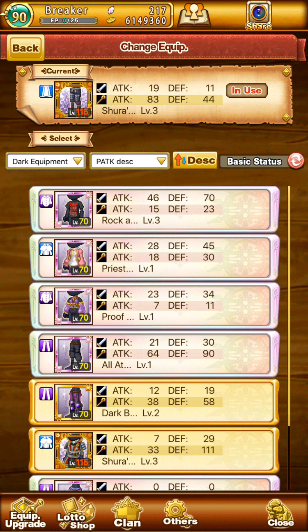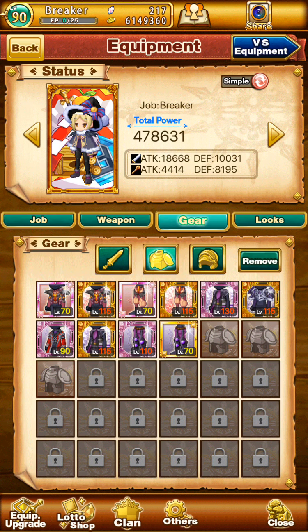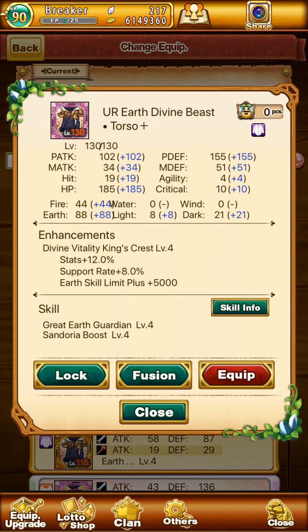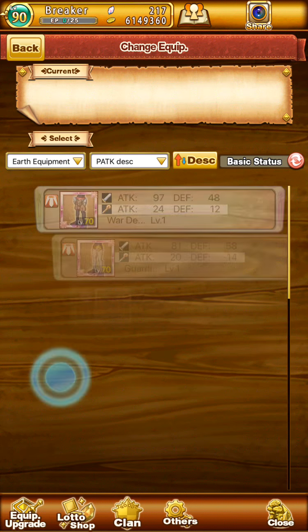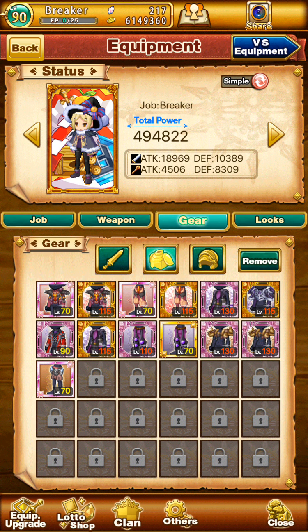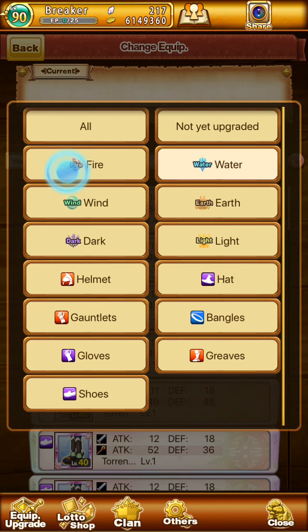Oh, that's not what I meant to hit. Actually wanted this. Again, if I had the mats for it, these things would all be maxed, but I don't. And then I'm going to do earth for a little bit of extra tankiness. And then I'm going to do